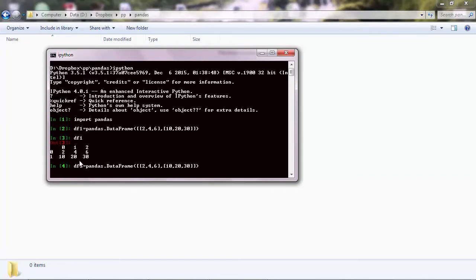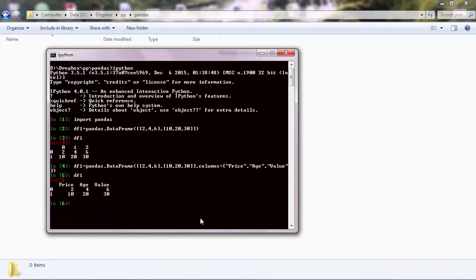So I'm gonna call this expression again, and I want to pass here a parameter called columns, that expects a list of names, which has to have the same number of items as the number of columns that your data frame has. So if you pass a list with 3 items, you want to pass 3 columns here as well. Let's say price, something random, age, and value. You execute that, and let me expand this, df1, and this time you see that you have your own column